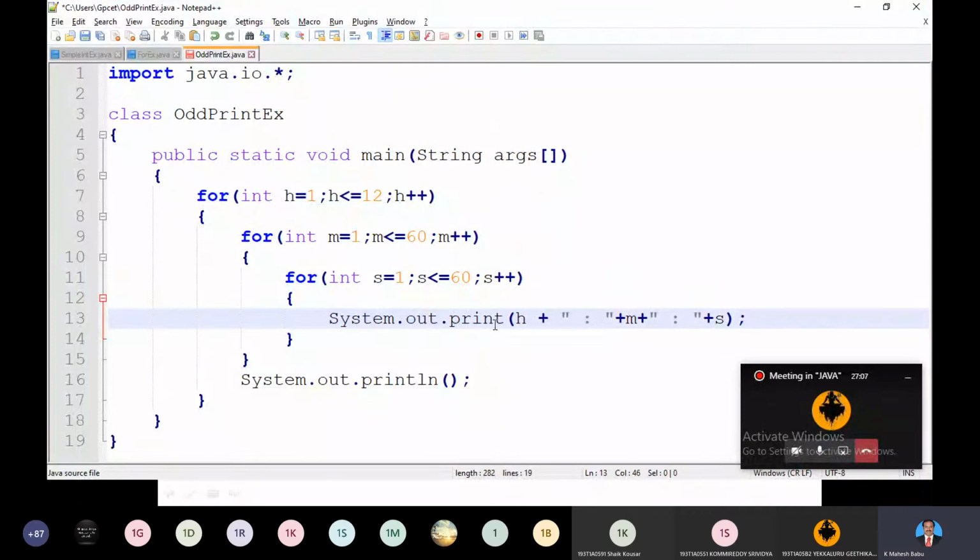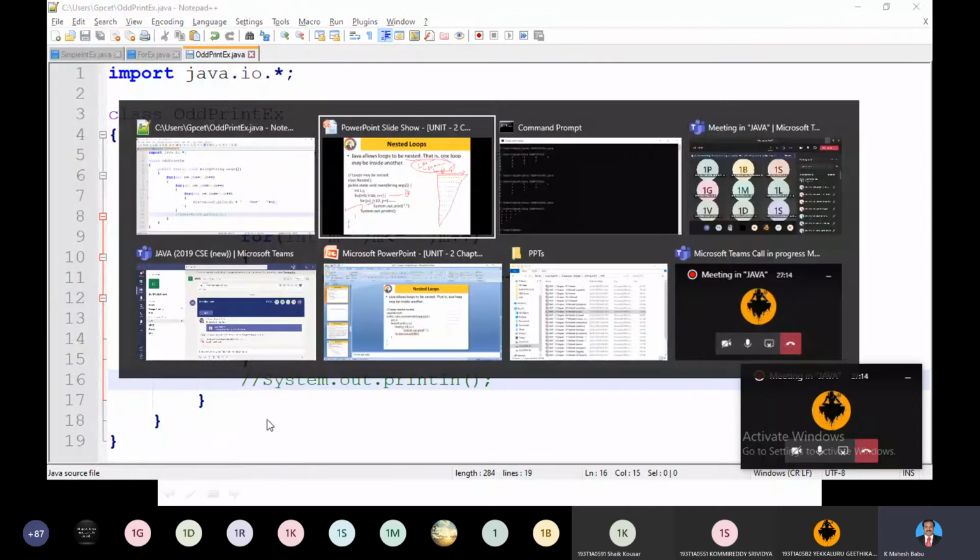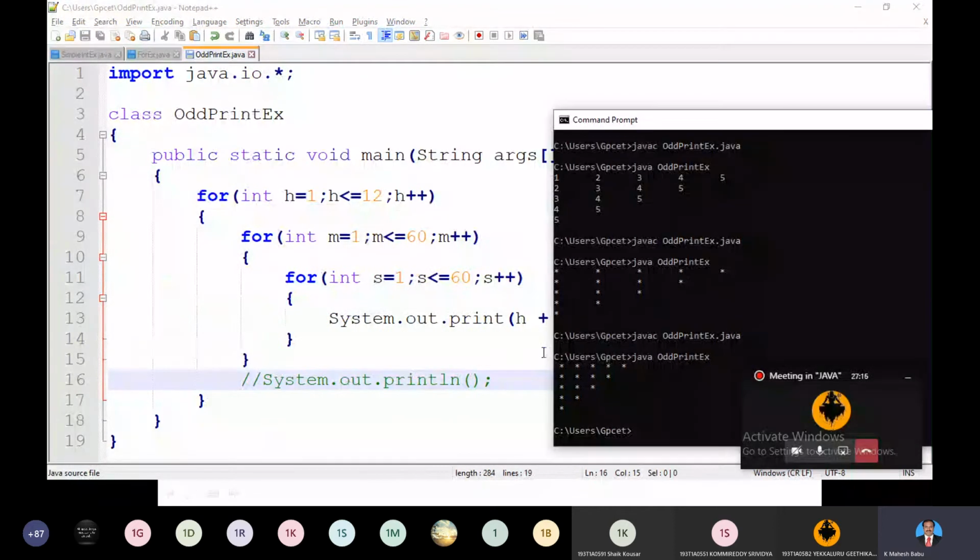So in a simpler fashion, and even I don't require these statements, I make this one a comment, right? So see the values.